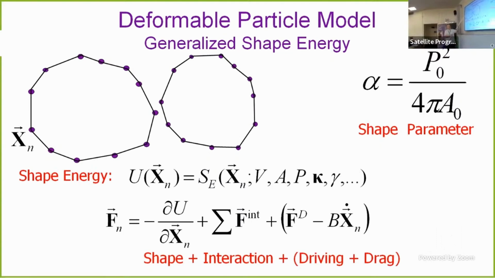Now we've added a lot of degrees of freedom. For every particle we add degrees of freedom. So we can add as many degrees of freedom as we want. These particles have an infinite, or arbitrarily large, number of degrees of freedom. And all we have to do is write down a potential energy that only depends on the position of the vertices. And you might think this is kind of limiting, but it's not, because we can always take any function